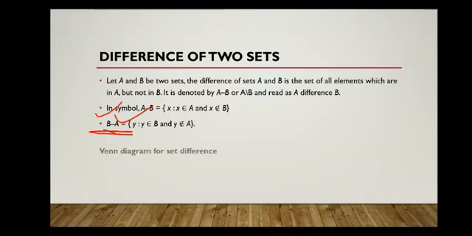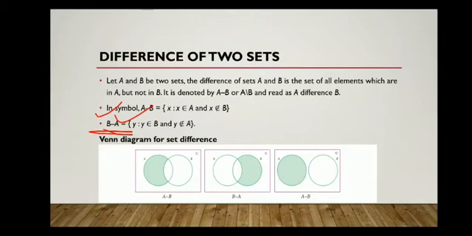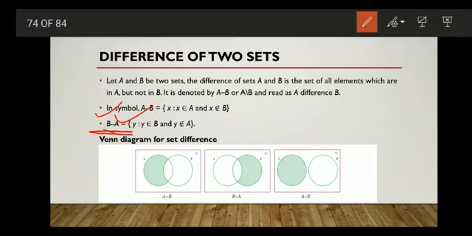Okay. So the Venn diagram, that is what we have done first, right? When two sets A and B are overlapping sets, A difference B will be like this. Elements will be in A and elements will not be in B. This one is the Venn diagram for B difference A when A and B are overlapping sets. Elements will be in B but elements will not be in A.